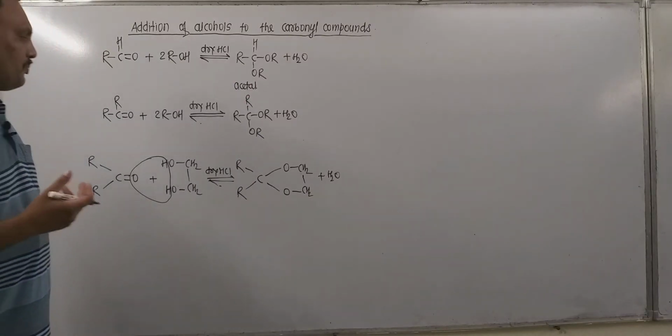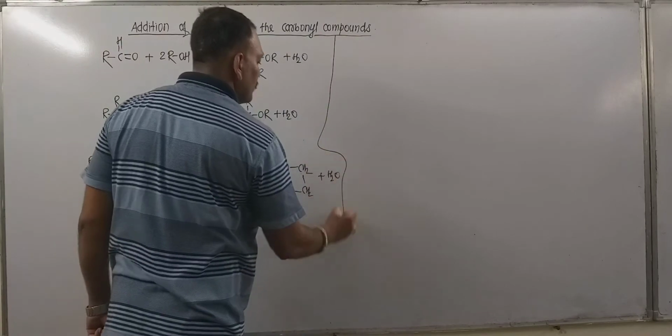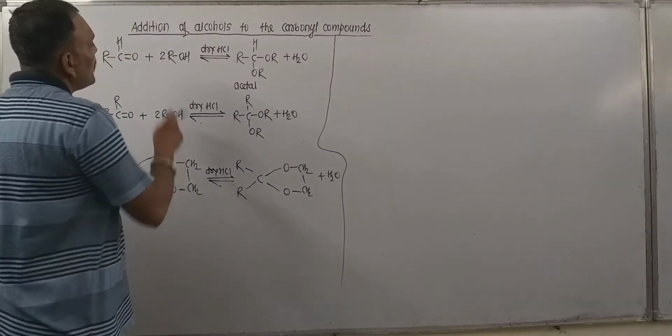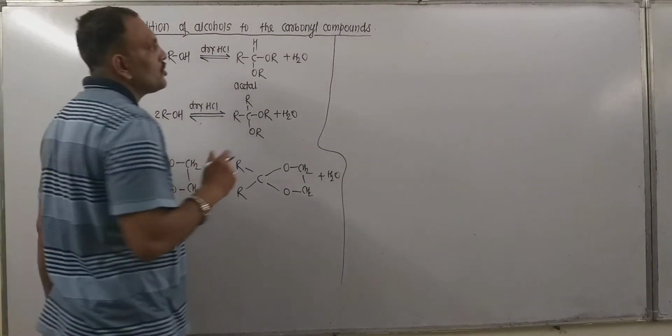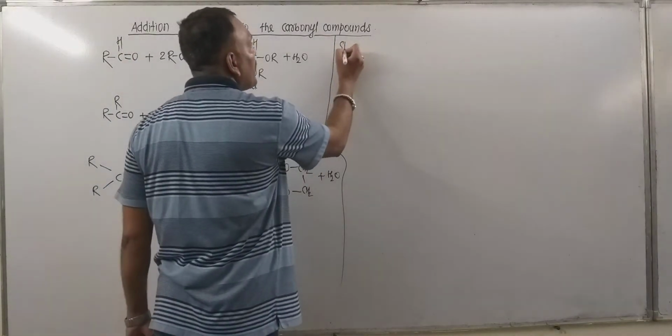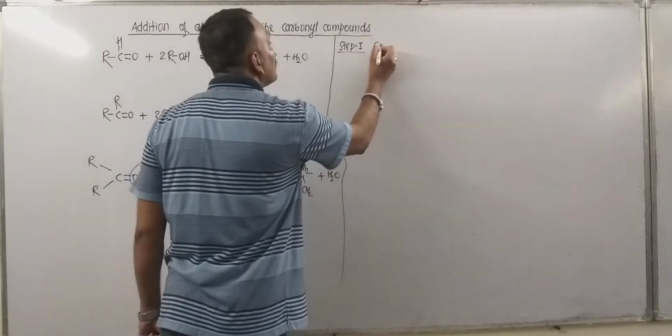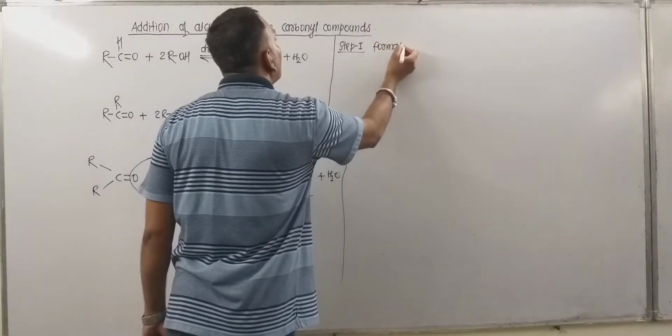Now as far as the mechanism of this reaction is concerned, we are going to explain this reaction. So it is two-stepped. Now step number 1 of this reaction involves formation of